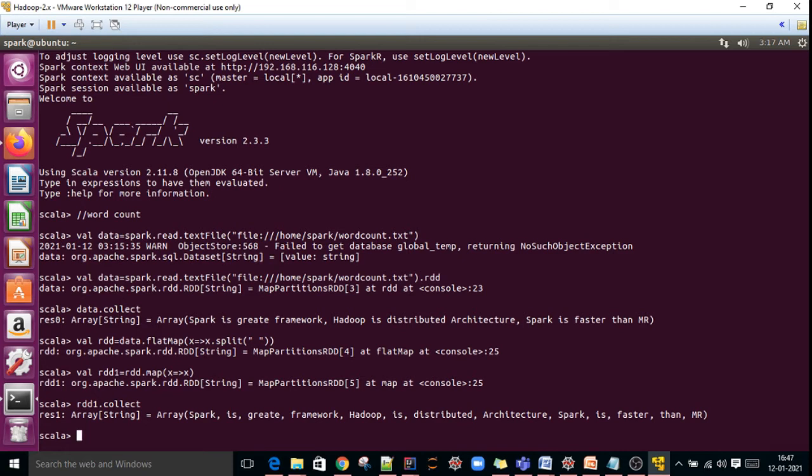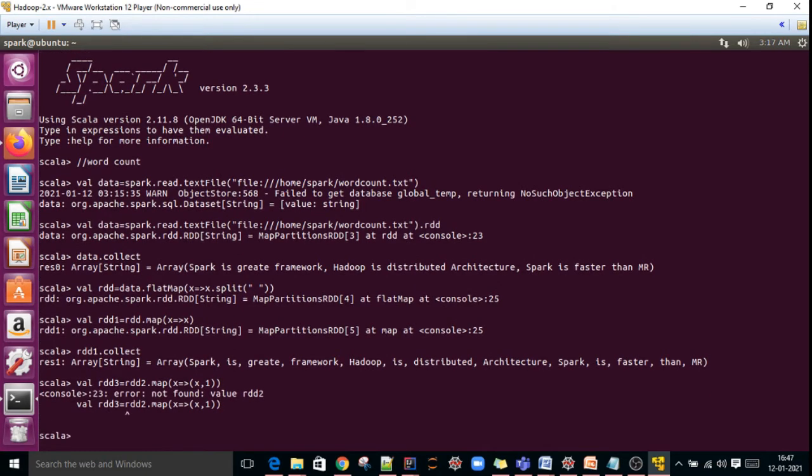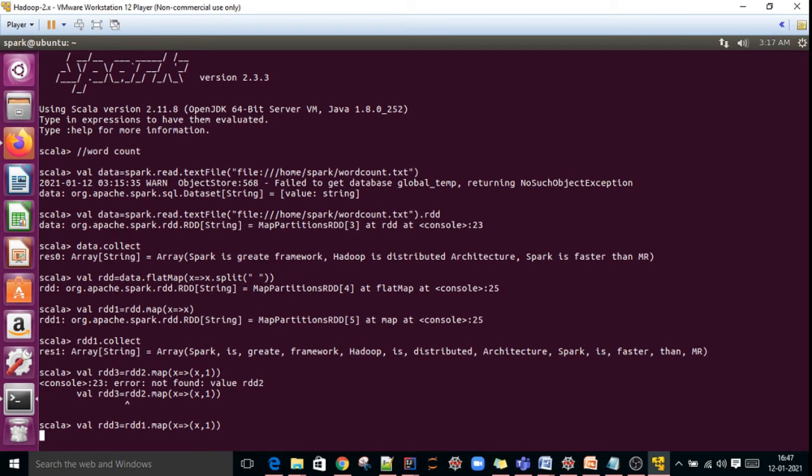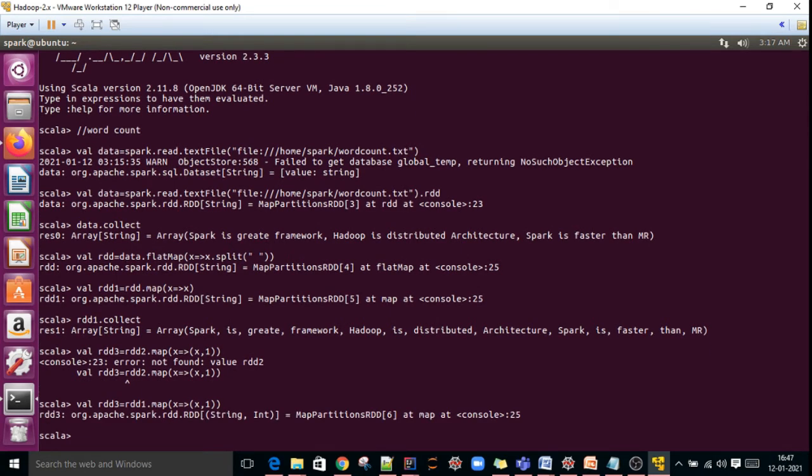Then val rdd3. One more time I am applying map on rdd1 and arranging the data.